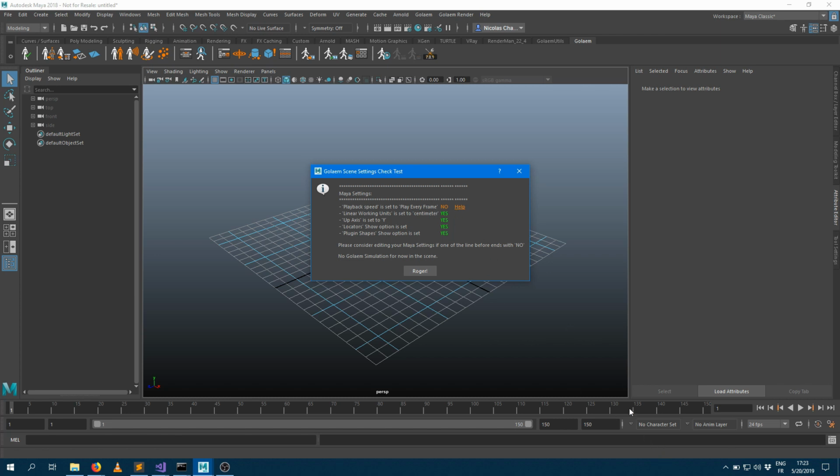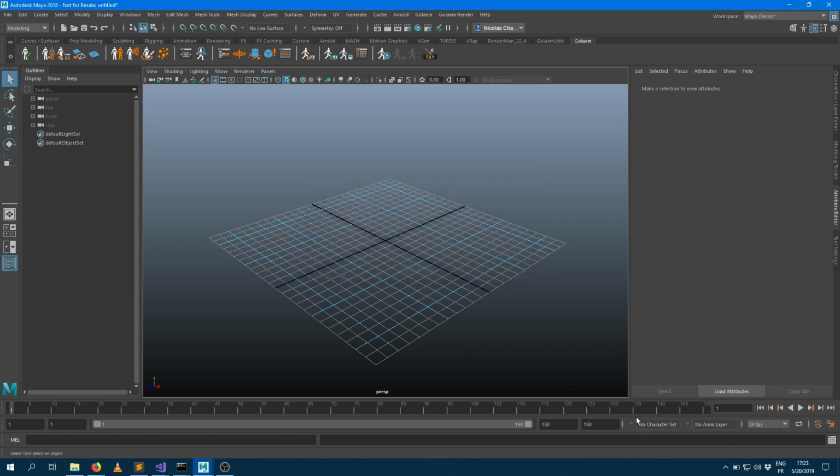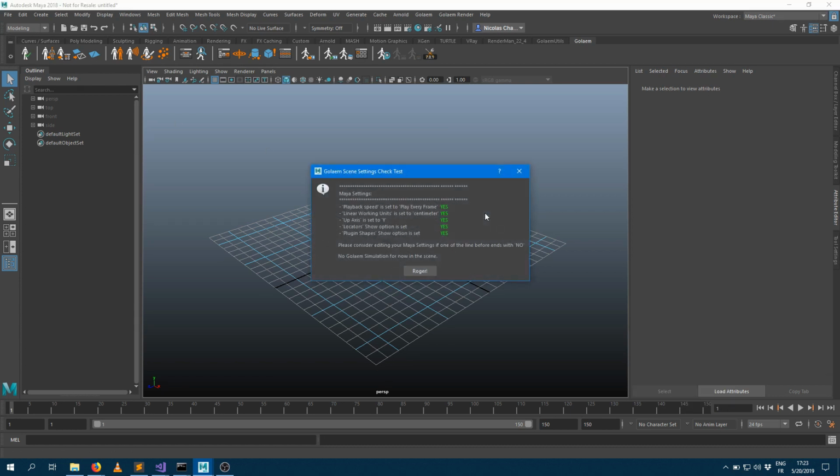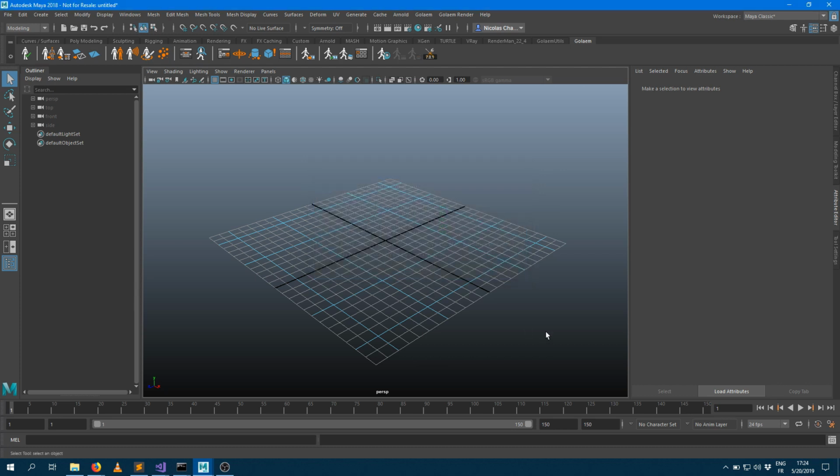So for this specific problem, I can just go into the time frame here, go into playback speed and say I want to play every frame free or every frame max real time. And as soon as I fix this and I open that window, now everything turns as yes. So you really want to make sure that everything here says yes before making any scenes. So okay, let's make our first scene.